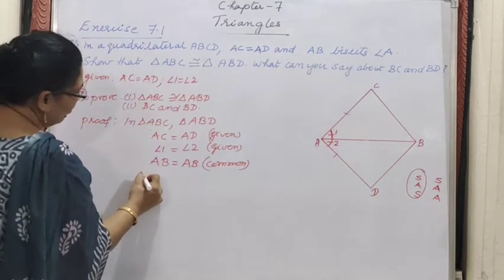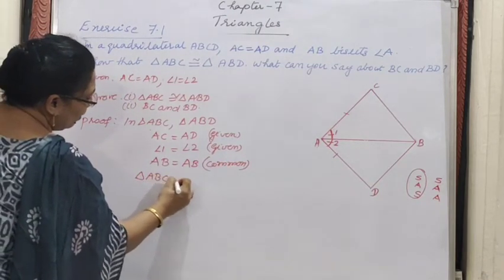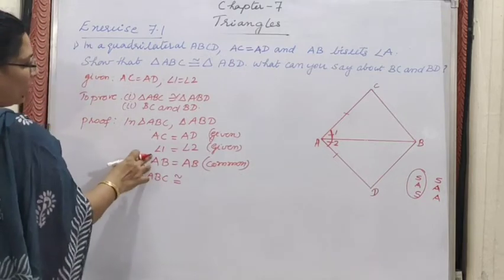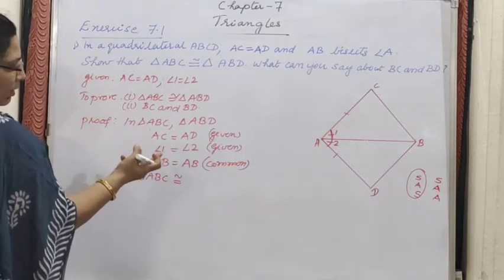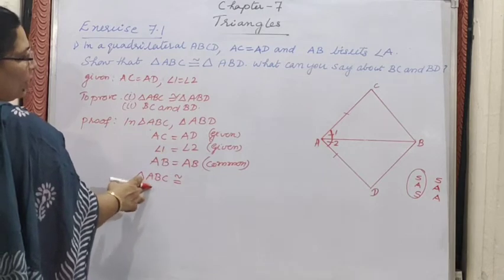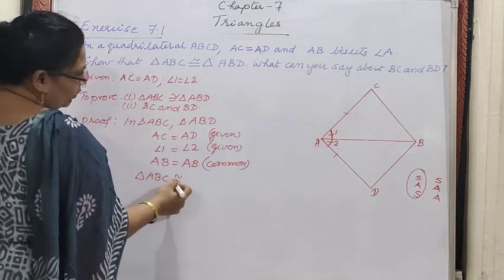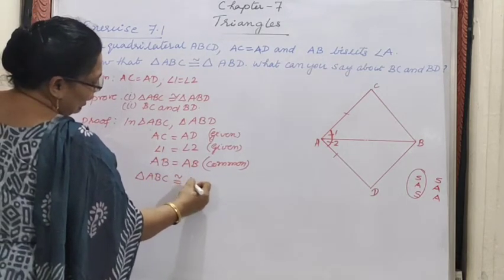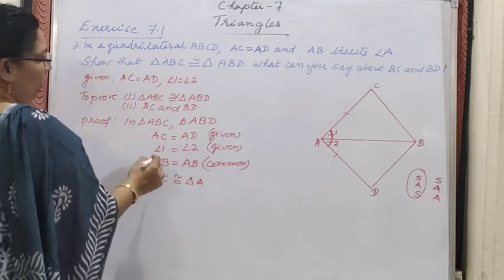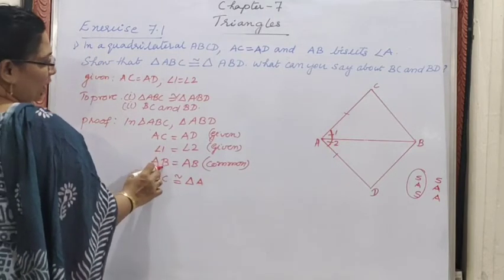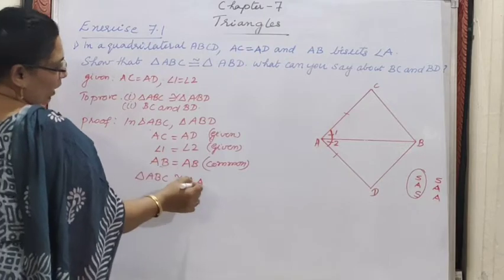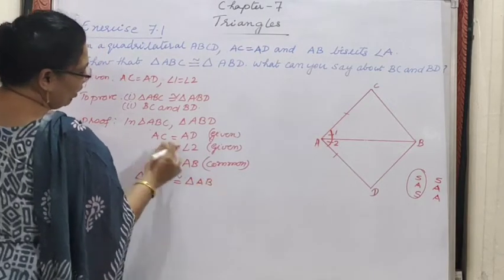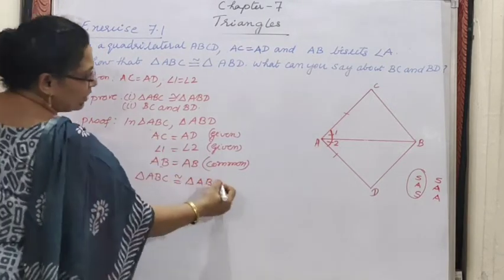Okay, triangle ABC congruent to... So angle 1 means which one? Angle A only. So for angle A, it is A only. So we should write here triangle A. Now A is gone. So which letter is given here? B. So AB is only B only. Now A is gone, for C it is D.